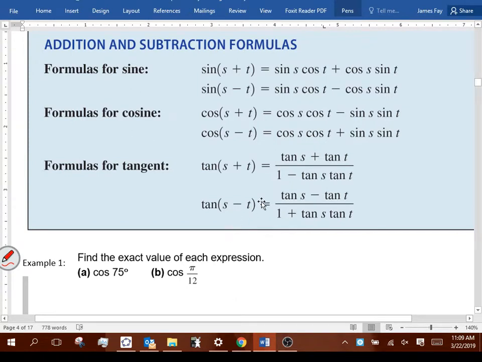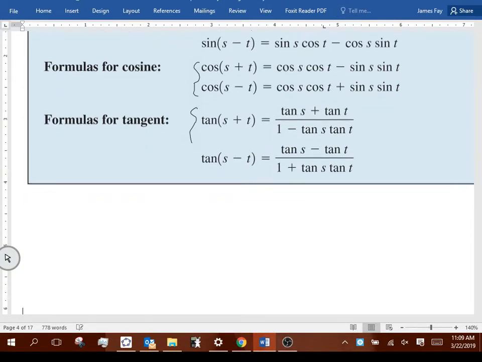All right, so these two formulas here obviously are identical except for the plus or minus, right? Same thing for these two, all right? What you're going to see, though, most of the time in maybe other textbooks, or if you're to open like